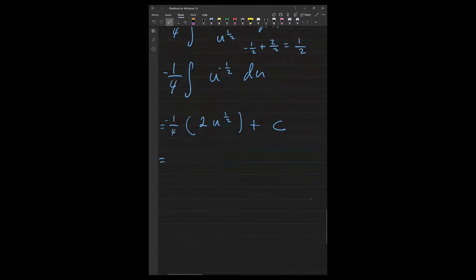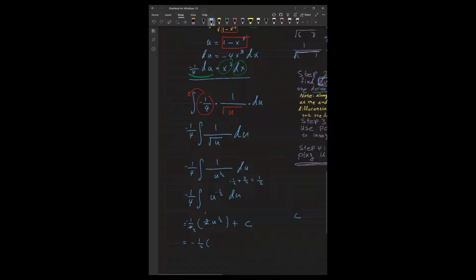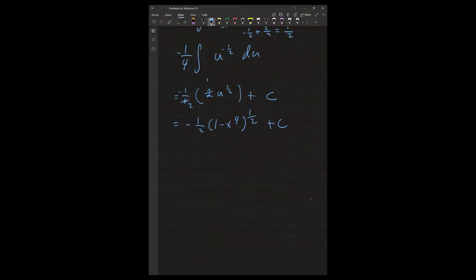that equals, now we're going to plug the u back. So this is 2, this goes with this, comes 2, negative 1/2, then plugging the u back in, which was 1 minus x to the 4th, all to the 1/2 power plus c, which is the same as saying negative 1/2 square root 1 minus x to the 4th